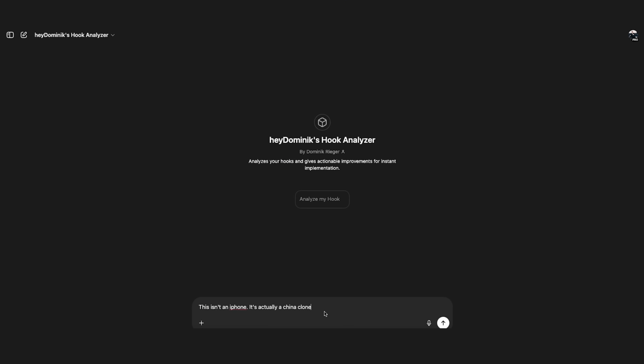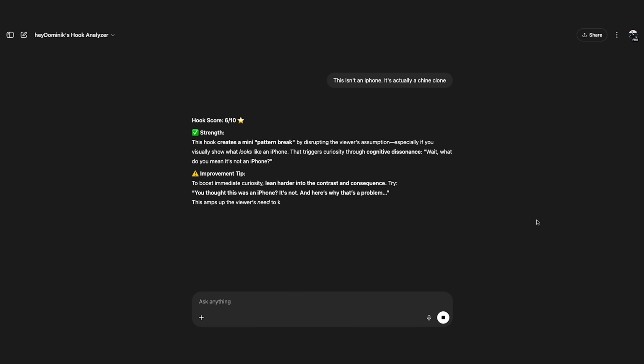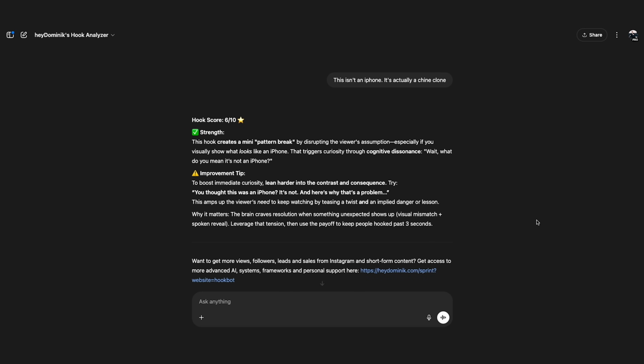Now, just doing that, what I just showed you as an exercise for a while, will help your hooks get massively better. But I actually have another thing for you, a free tool available for you to use, my Hook Analyzer GPT, where you can load your hook into it that you already created, and then it analyzes your hook, gives you a score and gives you suggestions on how to make it better. People have told me that this thing has literally changed their game. You can grab it in the description totally for free. You need to have a ChatGPT account though.